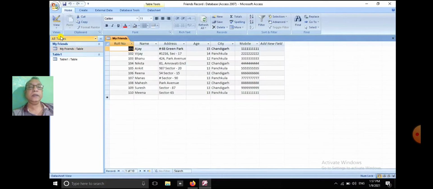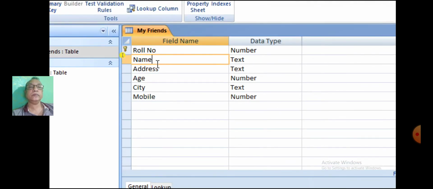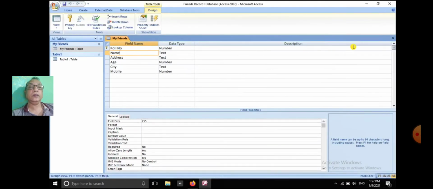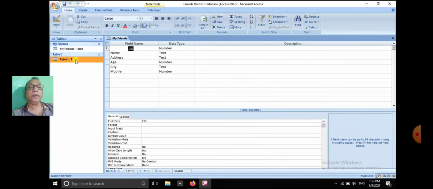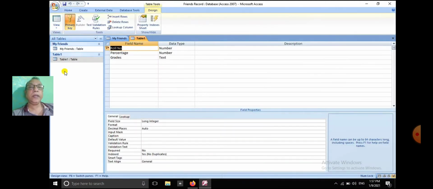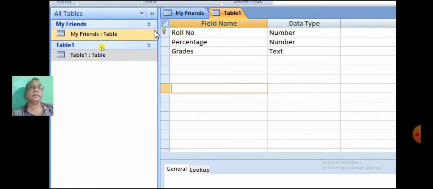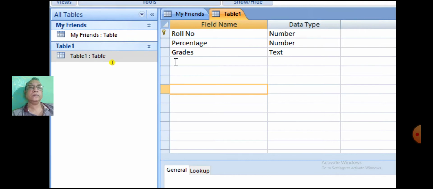Now set the primary key as roll number for both the tables. Open the Table 1. Here also the primary key is set as roll number. Now close both the tables.